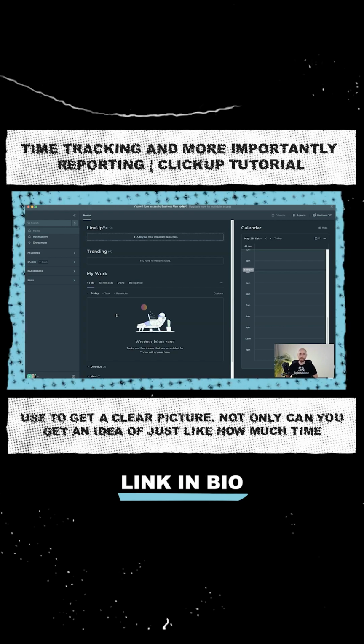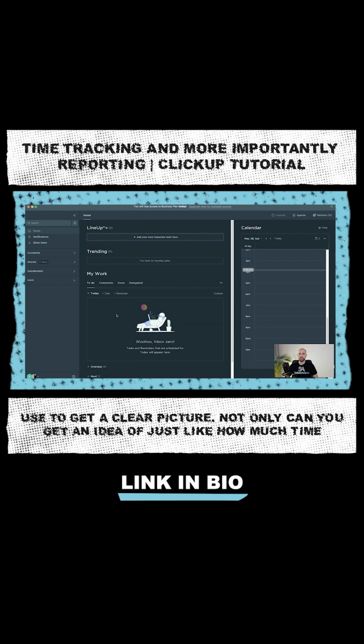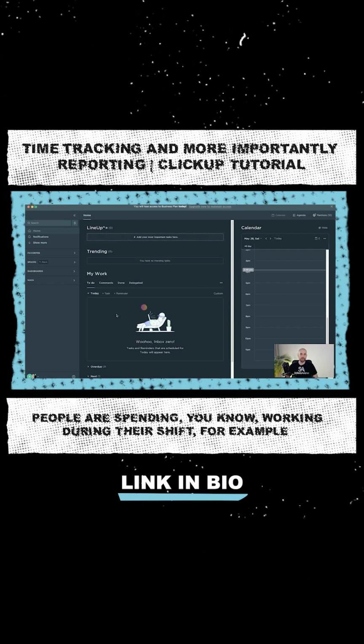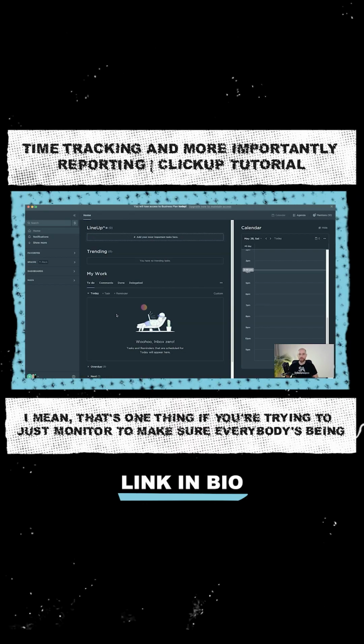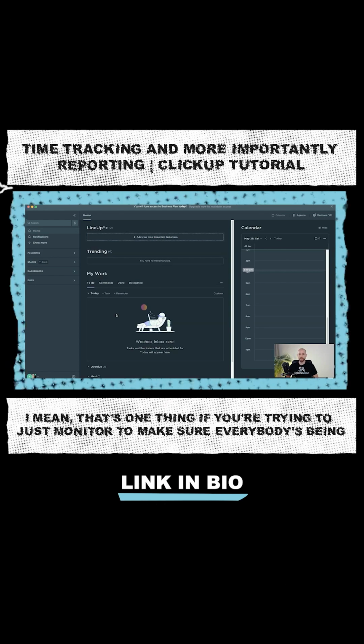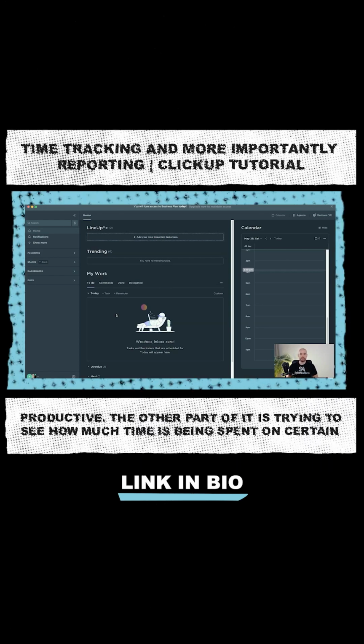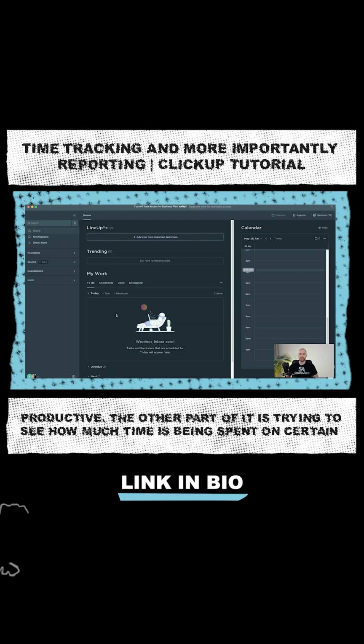picture. Not only can you get an idea of just how much time people are spending working during their shift, for example. I mean, that's one thing if you're trying to just monitor to make sure everybody's being productive. But the other part of it is trying to see how much time is being spent on certain tasks or